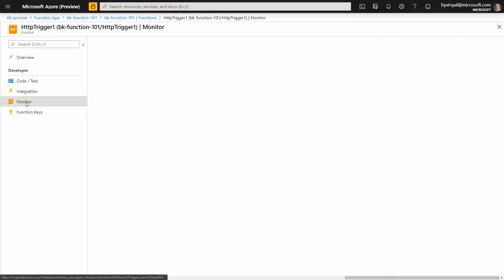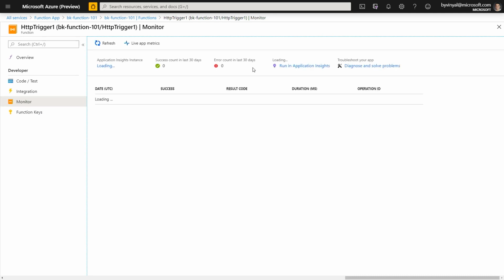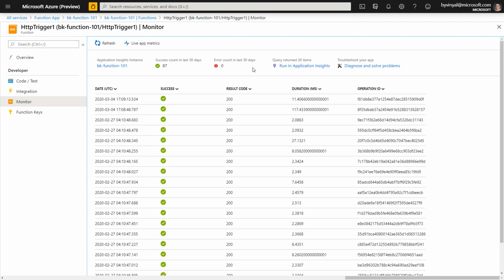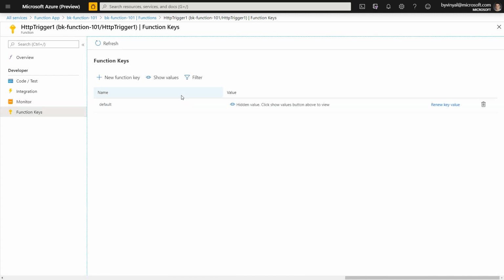Next is our monitoring experience. This hasn't changed from what we have today in production, but it's something that we will be working on between preview and GA timeframe. And then you have your function keys that are also scoped down to your specific function